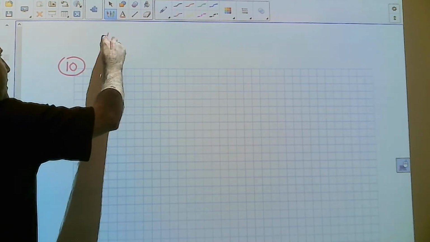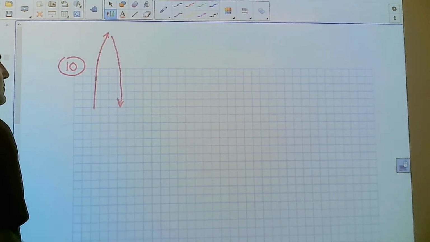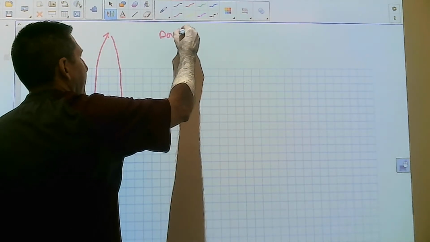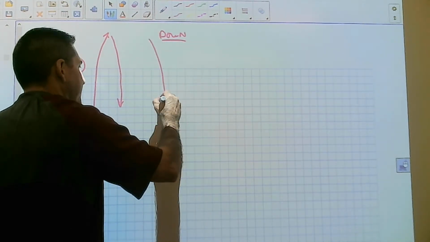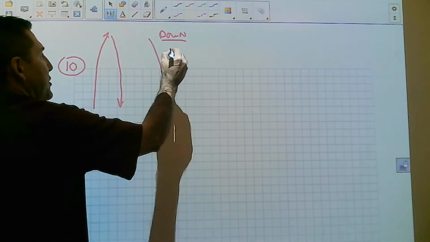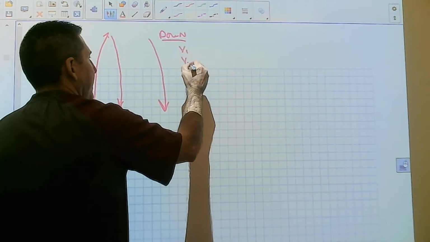So my bullet's going up and coming down. I want to just do the down part. Just that part right there. So if I do the down part,